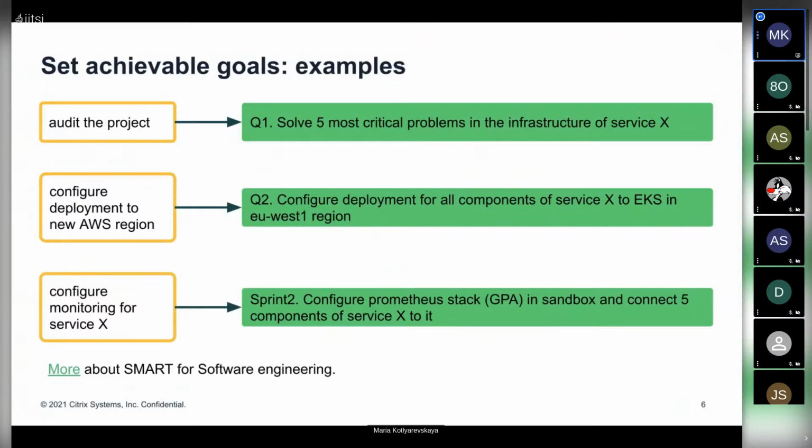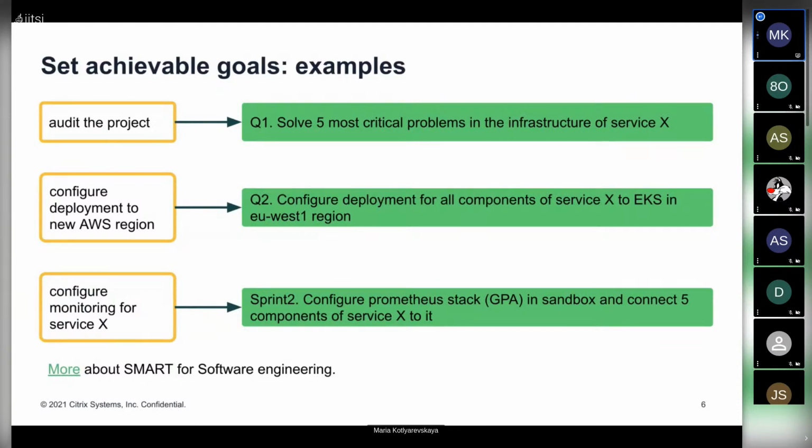So I often see tasks like audit the project, configure deployment, configure monitoring. And it's okay to have tasks like this, but when you have really tight interaction with a development team, you should be more specific, because they need to understand the target goal.